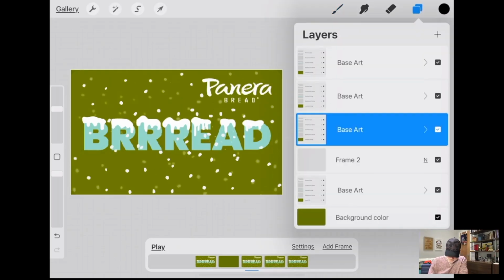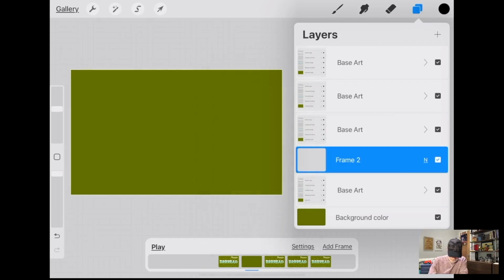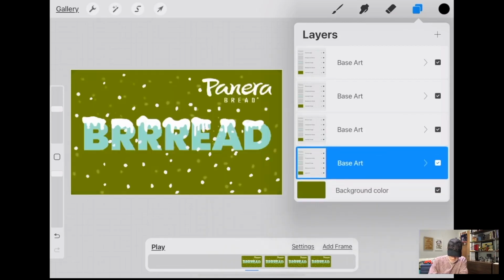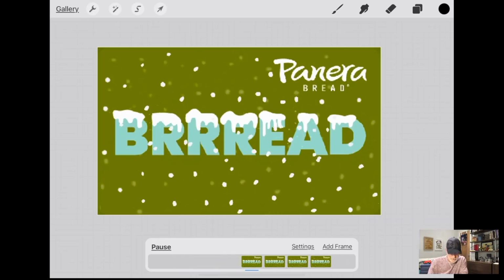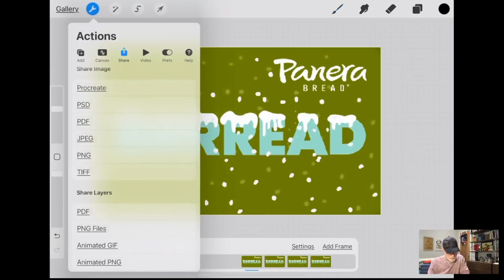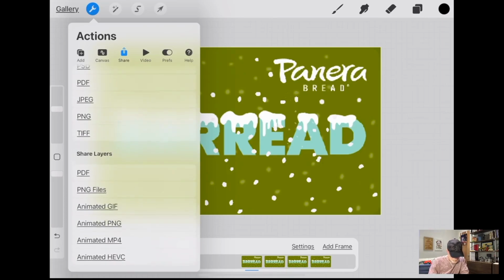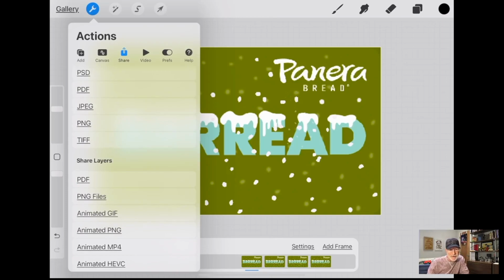And then I would go in at the end of this and let's get rid of this frame because I don't want to mess up my animation here. Clear or delete. So you can see how it's playing. So at this point, after you've created the artwork, pause. Again, you have all these options to export your animation, and you can export this as an animated GIF